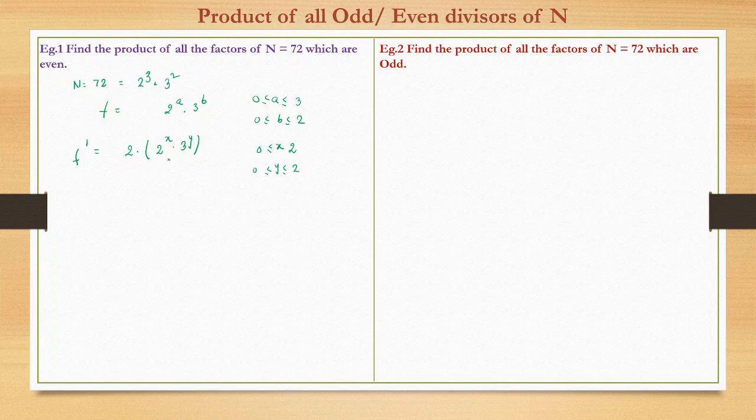So such factors, now this is what? 2 raised to power x into 3 raised to power y. So this is a general expression of such factors, all those factors which are even numbers. We have to find the product of these numbers, right? So this is a general expression of a factor of any number which is of the form 2 raised to power 2 into 3 raised to power 2. This I have written from this constraint, right? So what will be the number of factors of this number? 3 into 3, which is 9, right?